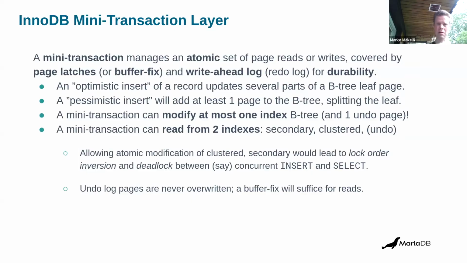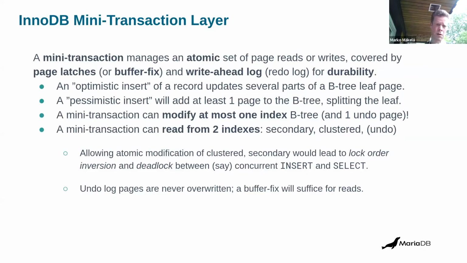If we allow the modification operations to modify multiple indexes atomically, then we would have a situation that the modification operation is holding a clustered index page latch, and it's waiting for access to some secondary index page. And at the same time, we would have the read mini transaction holding the secondary index page and waiting for the clustered index page that the modification is holding. So that would be a cyclical wait and a deadlock between those threads. So that's a lock order inversion or latching order violation, as Heikki Tuuri, the inventor of InnoDB, preferred to call